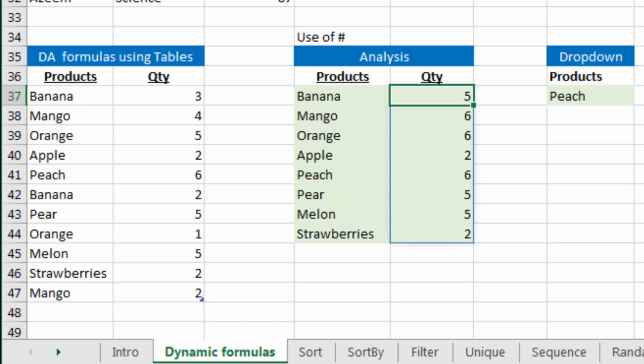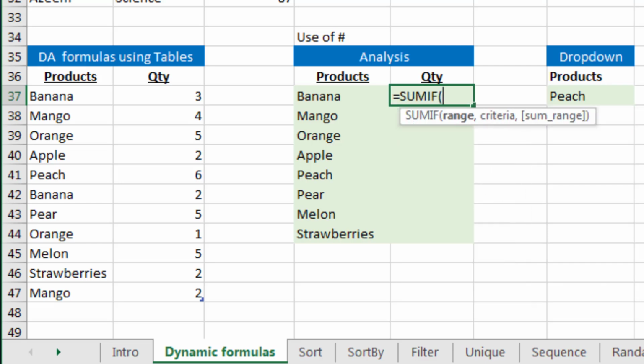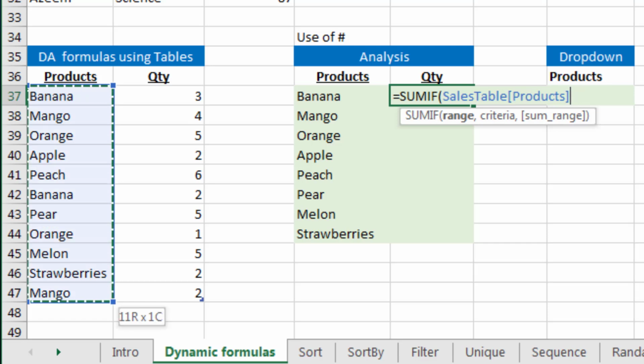In this case, I can also get the sum of sales values or the sum of quantities from this table in this formula. Once we have these product names in this list, we can put in another formula that brings us the sales quantities as well. So let's put in a SUMIF formula, and in SUMIF, my range of cells is this. My D37 is my current product name, and I can refer to this